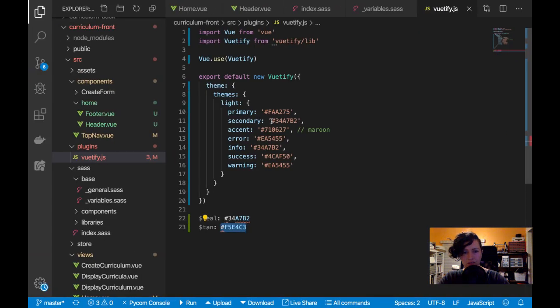So I leave teal as the info color and put tan as my secondary. Okay, so tan, orange, and, oops, of course that's red, that's obvious. Teal,